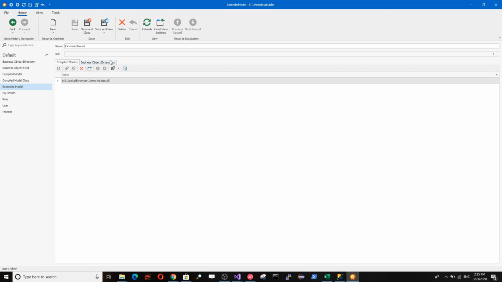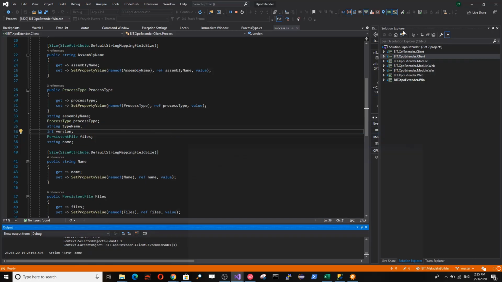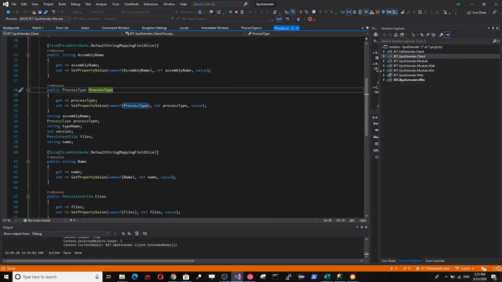So if it looks for this and it gets a match, then it will load this extended model, and it will merge the model into the persistent classes. So if I run the client application again,